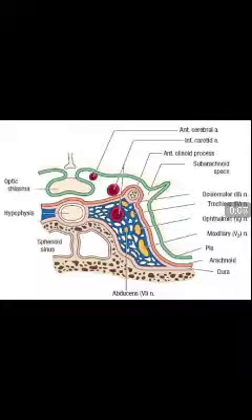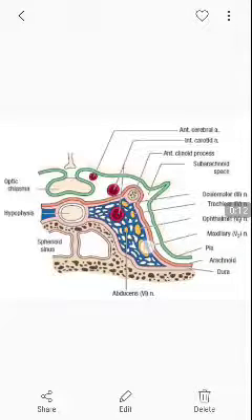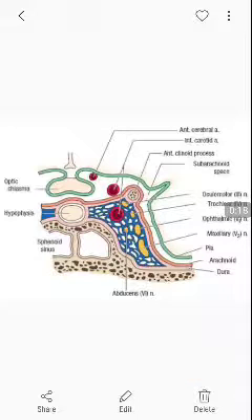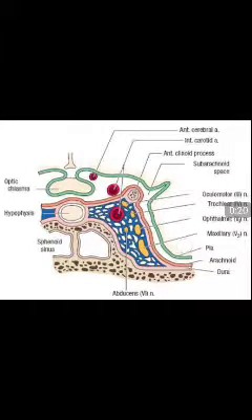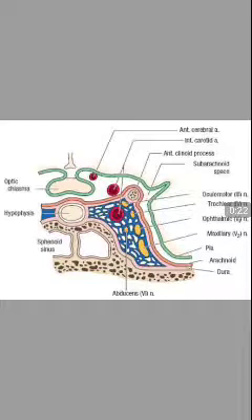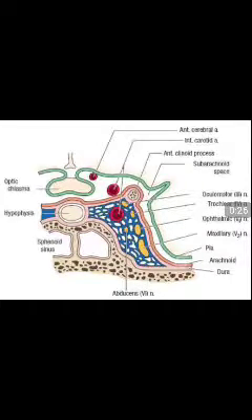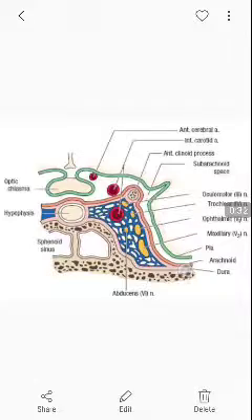Specifically about the cavernous sinus. Here you can see in this diagram, it is actually the coronal section of the cavernous sinus. The green one is the pia mater. Then the orange shade layer is arachnoid mater, and the light pink, which is most intimate with the bone, here you can see is the